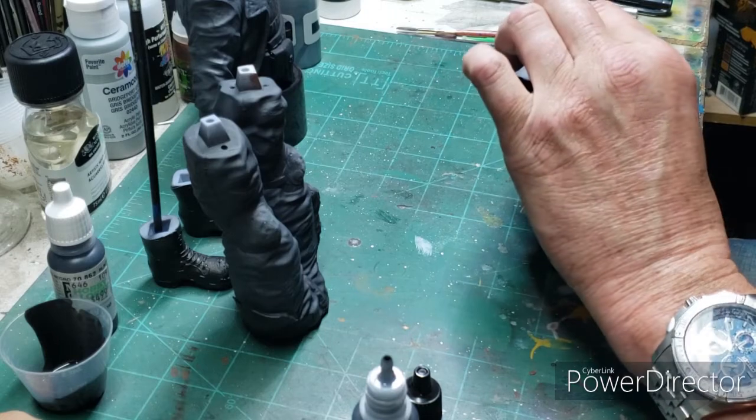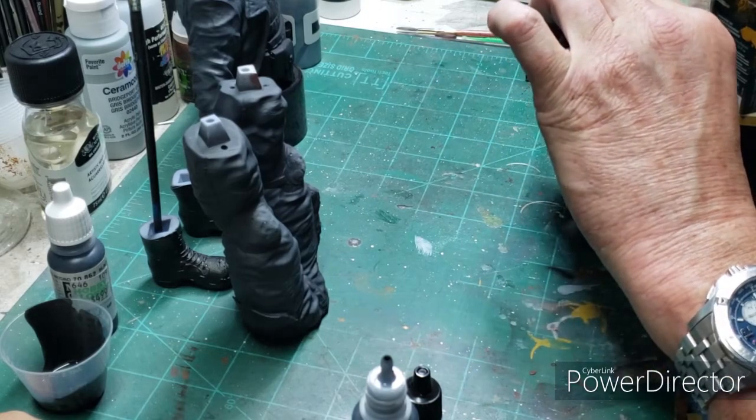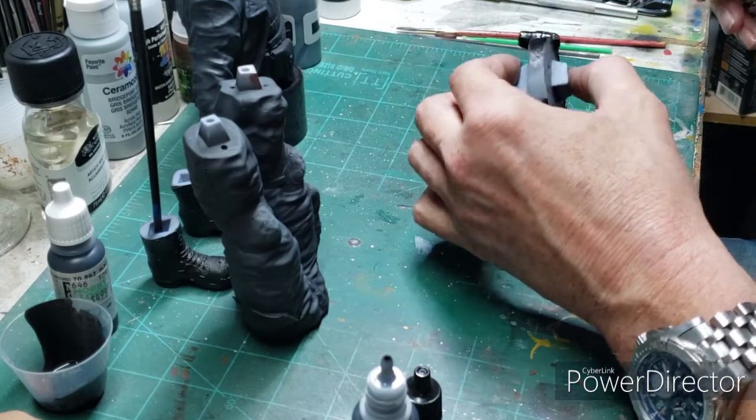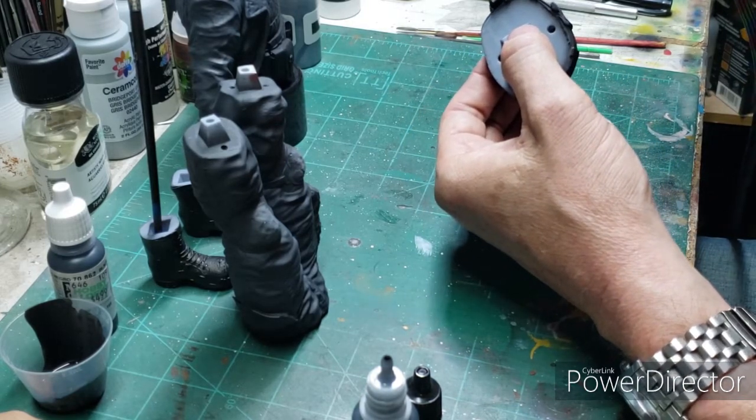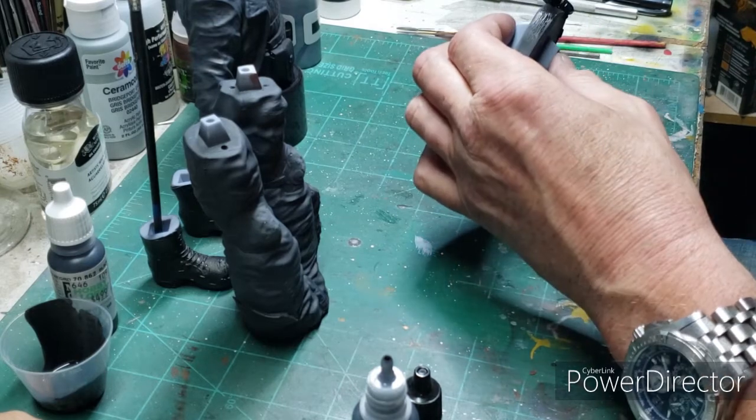And seal these off and let them sit for the night and dry. But the way these are turning out, I'm really liking how they look. So next time around,